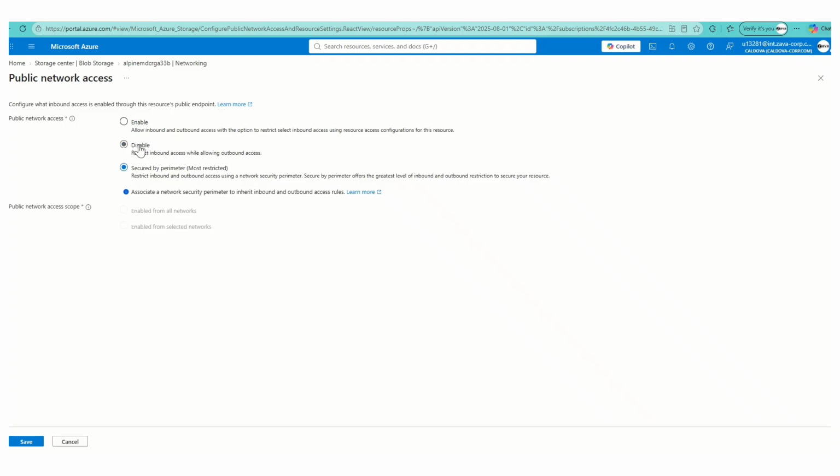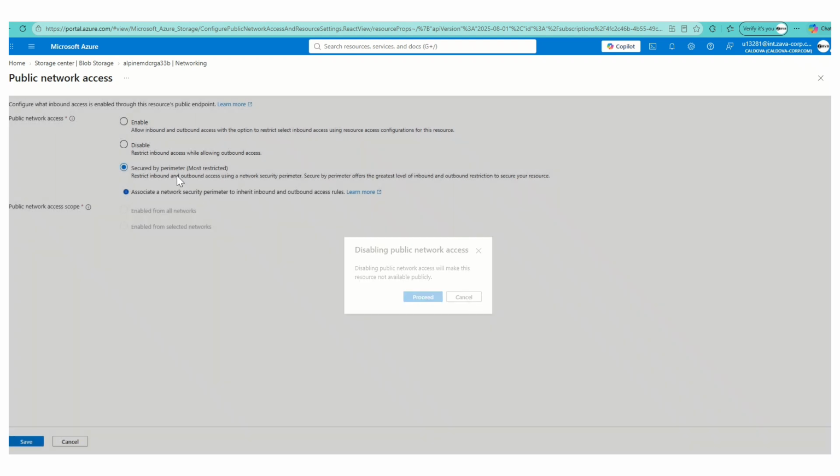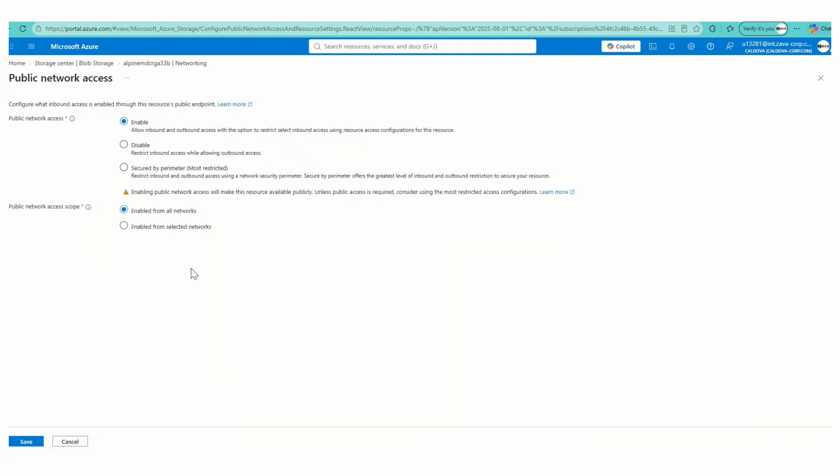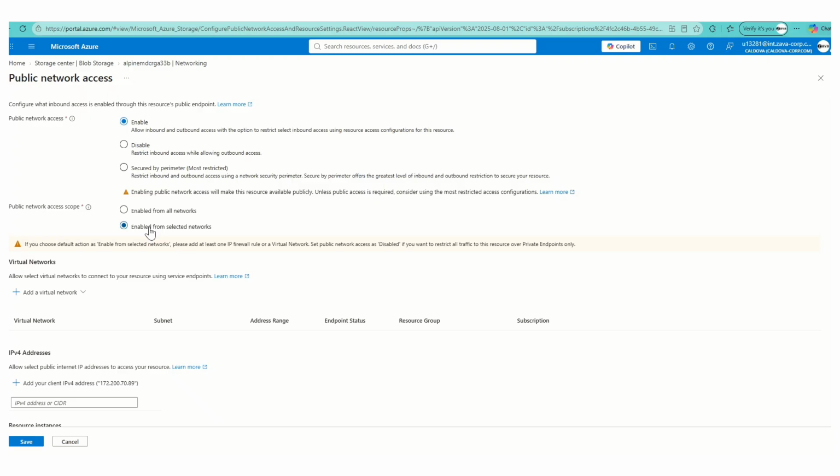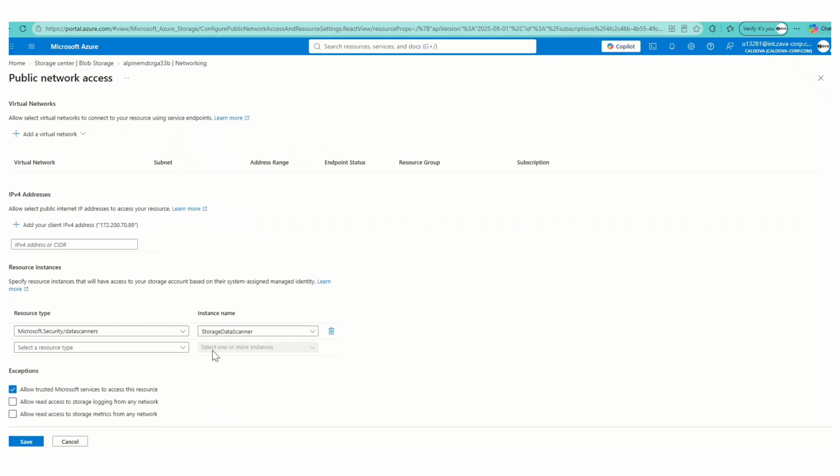But again, actually, we don't want that. So we could also create endpoints, and that's what we're talking about. Now, when you click on enable from the selected networks, yes, you could add a virtual network, and to configure this you could have a specific range. This would be a lot more secure when you do that, but